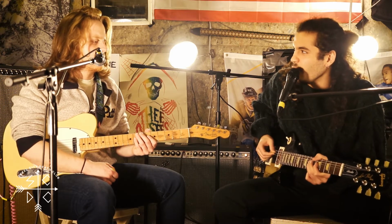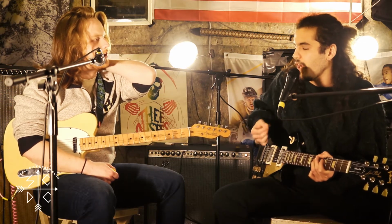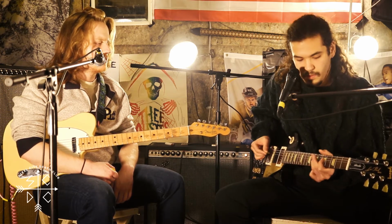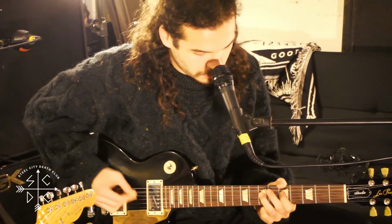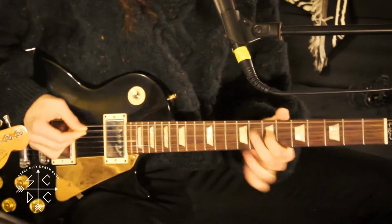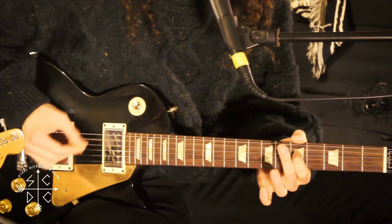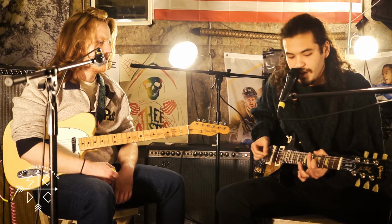And then, if you want to do crazier stuff, it's kind of hard to train your right hand to do a constant thing. But if you want to change the rhythm of your solo to just have it be your left hand that's doing it, it's like... And then this also fits in really well with what I was doing before with the pentatonic scale, because I can keep that going and then...